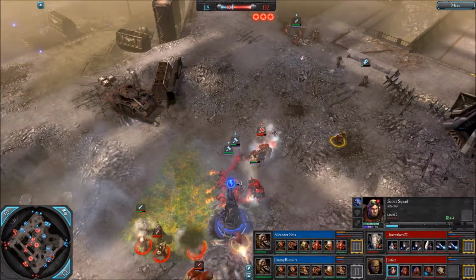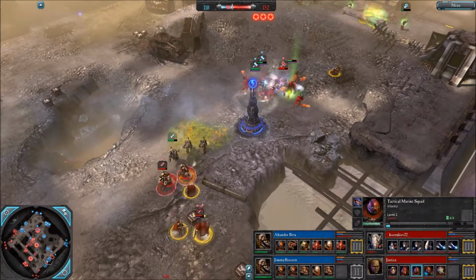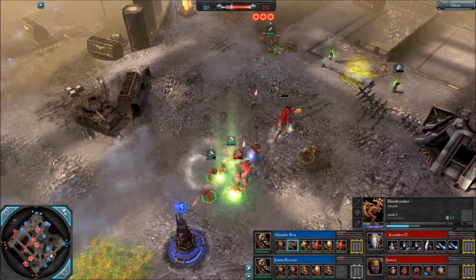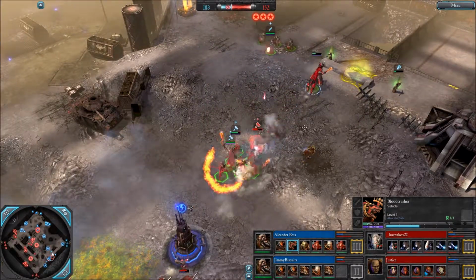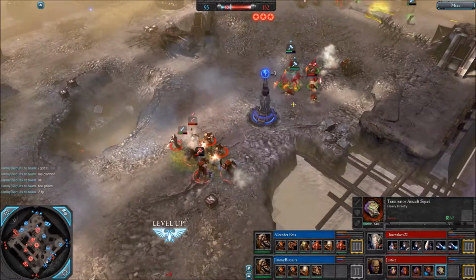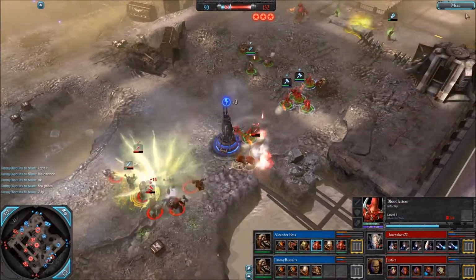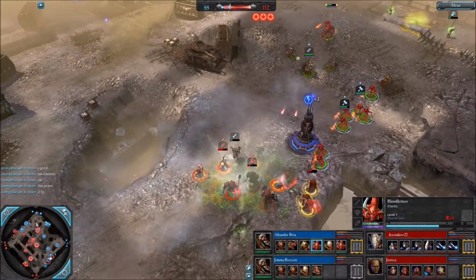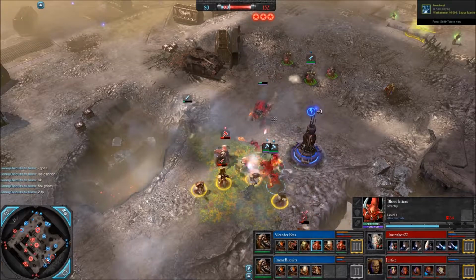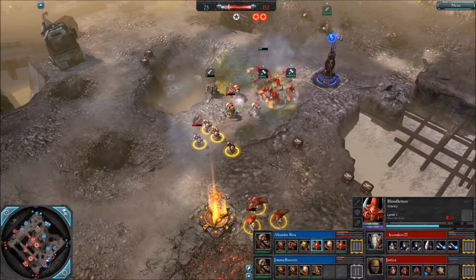A little bit too late, and I melee the Tactical Marines so they cannot shoot their missile launcher against my Blood Crusher. And now I kite the Assault Marines with Blood Crushers surrounded by Bloodletters. Jimmy's warning me of true Fire Prism on the other side of the map, and I swarm these Assault Marines,